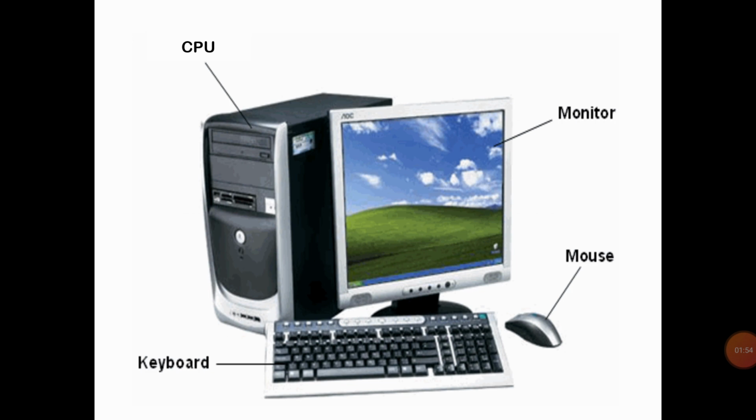But students, first of all, you need to know that there are 4 main parts of a computer and they are all connected together to function as a whole system. These 4 main parts of a computer include CPU, monitor, mouse and keyboard. I repeat, students, these 4 main parts include CPU, monitor, mouse and keyboard, and they are all connected together, and even if one of these parts is missing, the computer system cannot function properly. Now let's discuss each of these parts separately in detail.